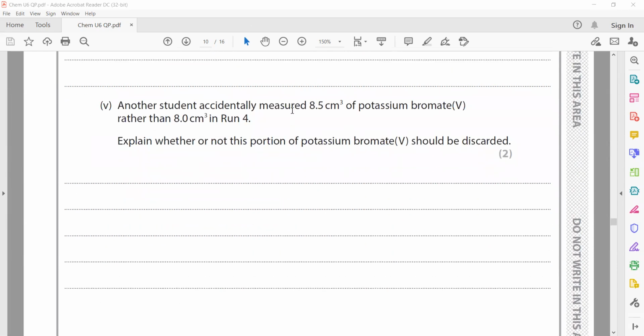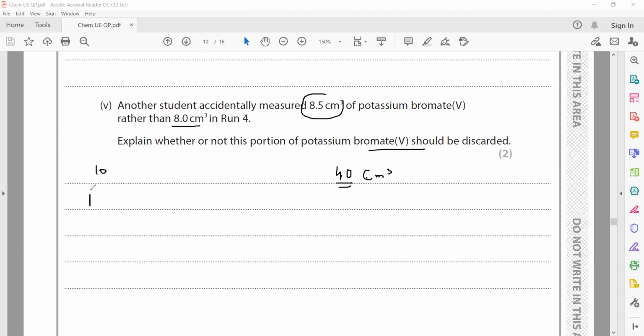Another student accidentally measured 8.5. So if he accidentally measured 8.5 rather than 8, explain whether or not the experiment he should discard. He should not discard, because we need the total volume to be 40 cm cube. So the total volume of the solution is to be 40 cm cube, 10 cm cube of phenol is there,